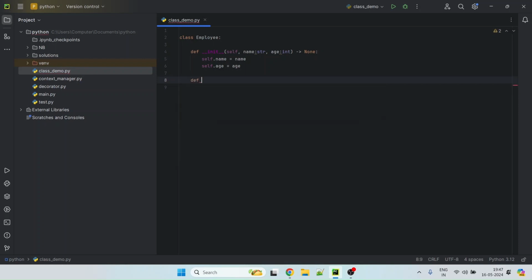Now I'm going to define another instance method called print_me. If you see, it again took self as an implicit argument, since this is again an instance method, and this is just going to print the employee object